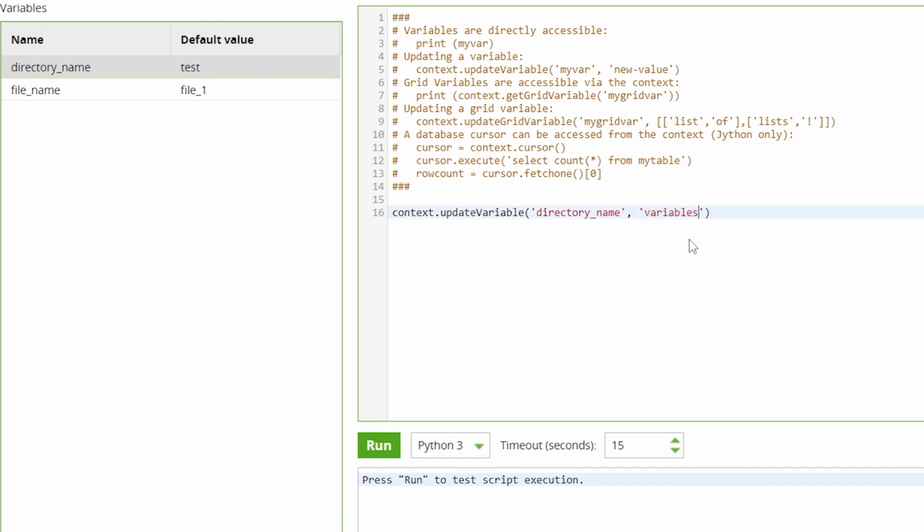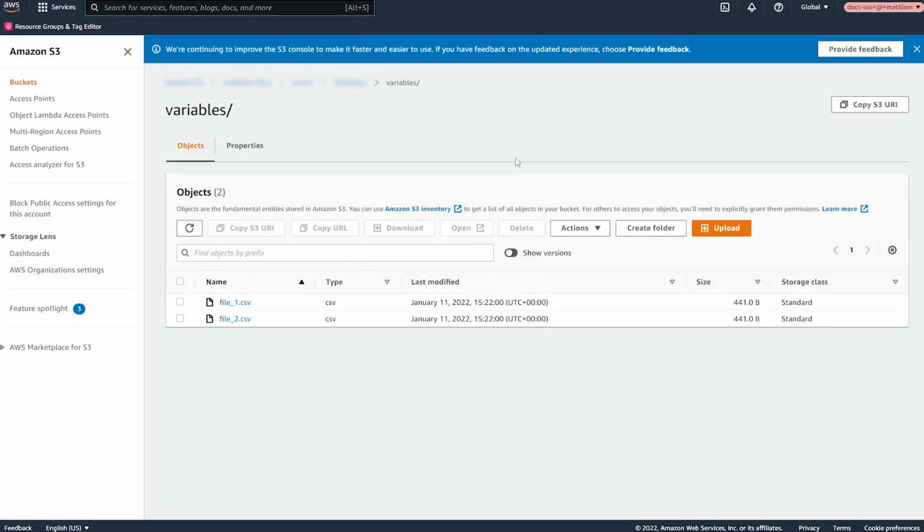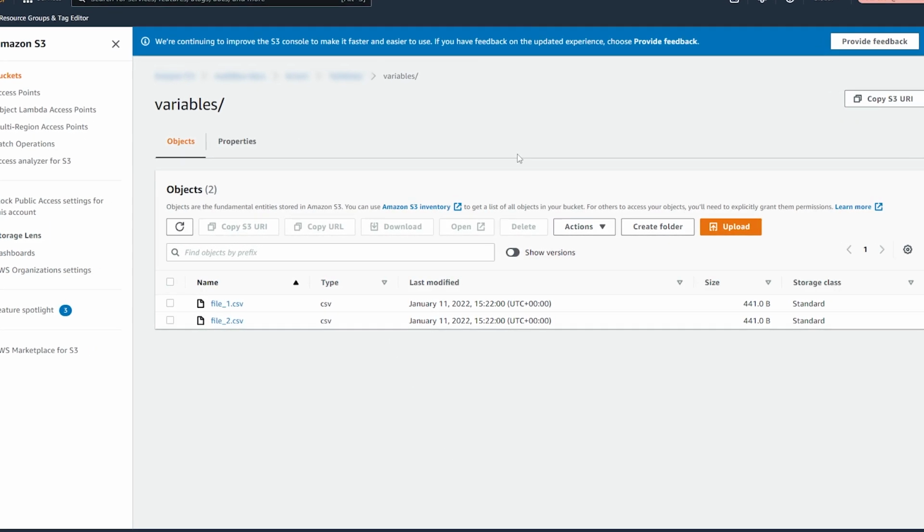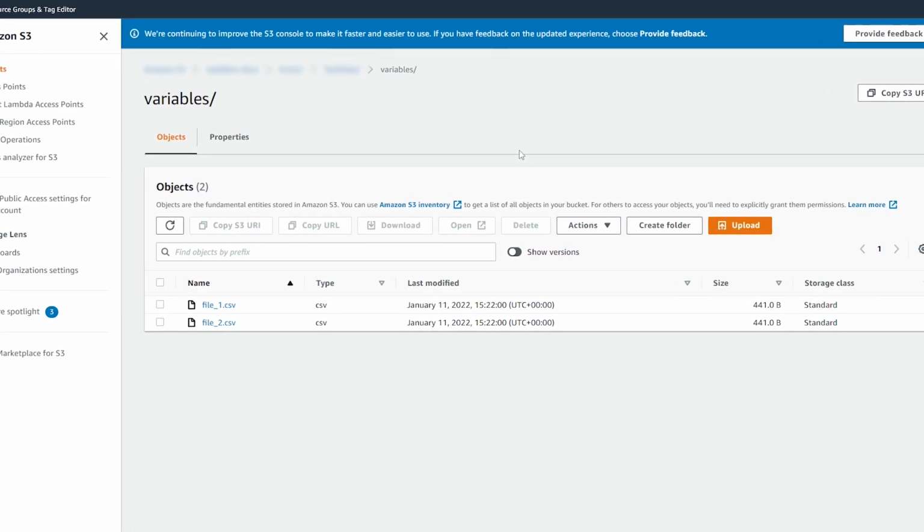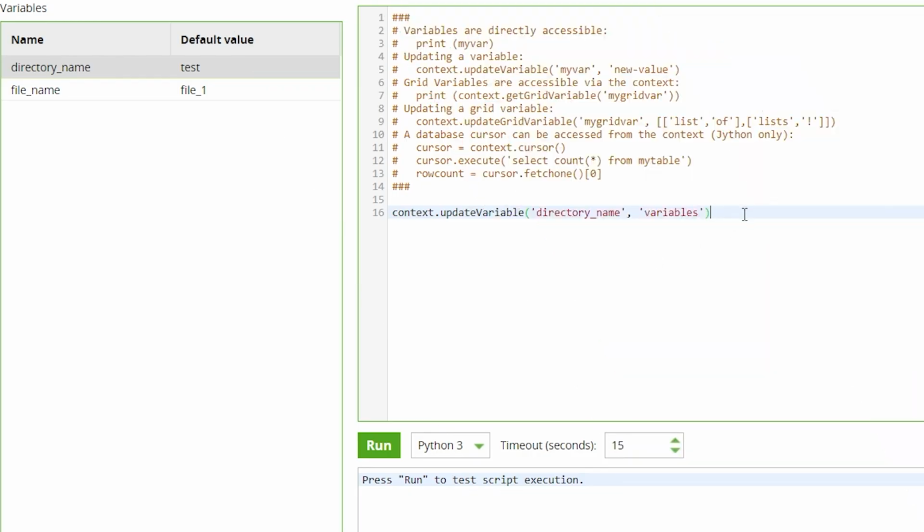For this example, variables is a different directory name in the S3 bucket in which some files are stored. Then we can check here the variable has been updated successfully by printing the variable, so that when we click Run, we will update the variable and we'll be able to see the new variable value.